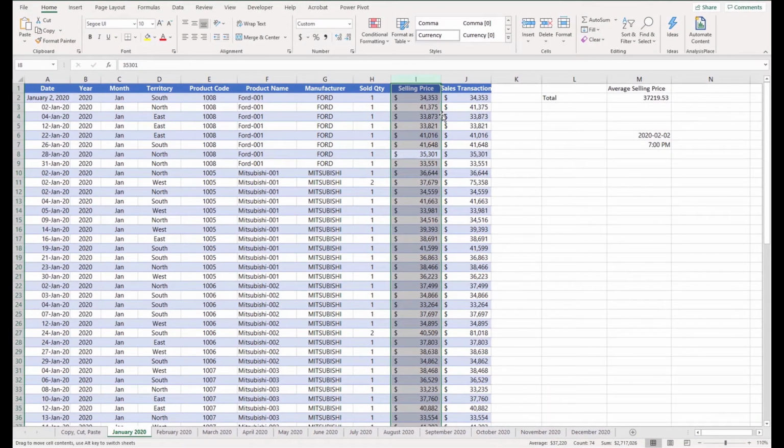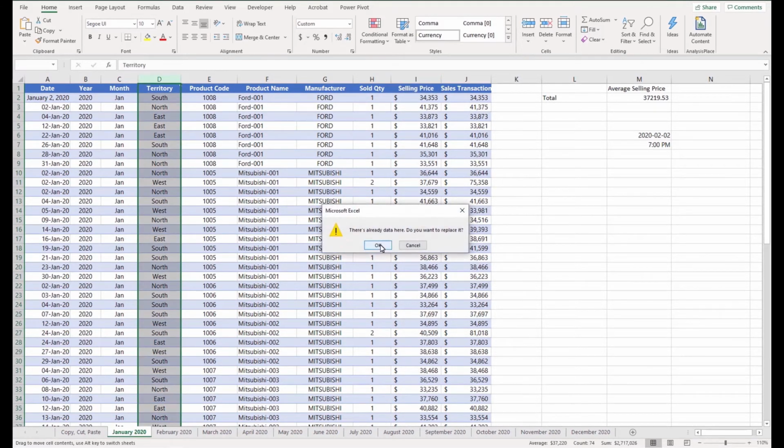If we highlight the entire column I, hover to the edge of the column, and then click, hold and drag it, and move it elsewhere in the sheet, we'll be prompted as to whether or not we want to override the contents of the column where we're moving the data. However, in this case, we want to keep the existing columns in the table and just move the location of